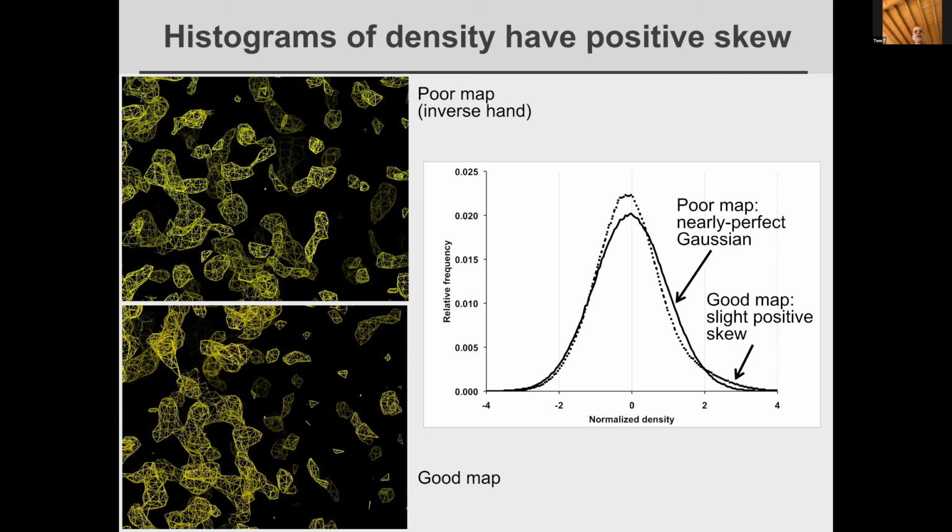Okay, and we can use the difference in these shapes to identify between two pretty bad maps. If you look at those two, you wouldn't really know which one's which, right? But you can tell with the skew. Actually, if you look really carefully, you'll see the one on the bottom has a flatter solvent, and also it has a little bit more connectivity in the chain than the one on the top does. So you could get it that way too, but the skewness is actually very powerful. So next,